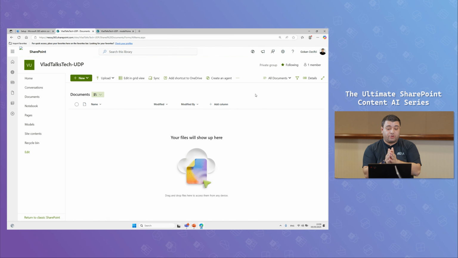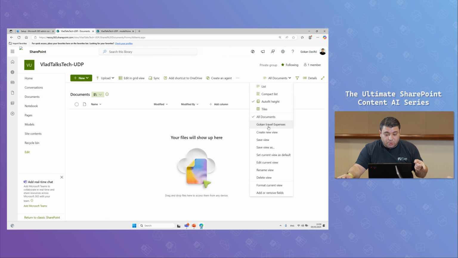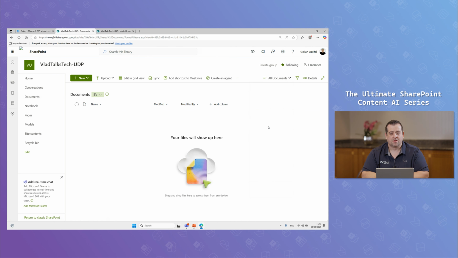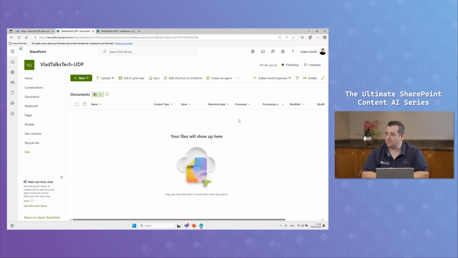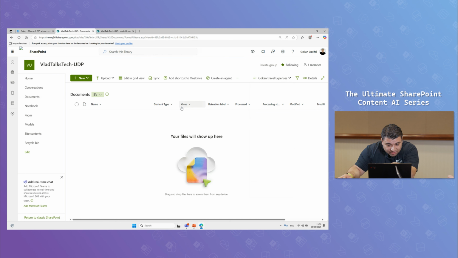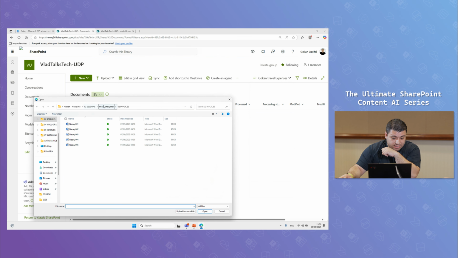On the first instance, you would say nothing really changed, right? It is what it is. Unless you go on your view and change to Gokan's travel expenses. It creates a view with the same name as your model. Look what I have here, value. Remember the column we created? It is here. So now if I go for upload and then say, okay, I'm going to upload my Uber